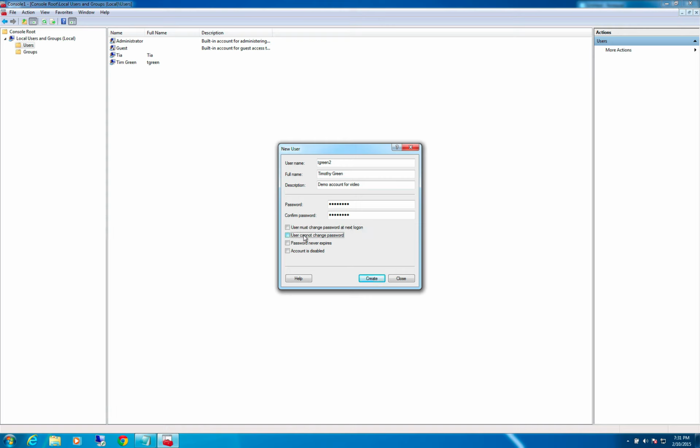So first off is user cannot change password. You might set that up if you have someone who has a tough time remembering their password, and you don't necessarily want them to change it, or you don't want the password to change. You'd set that up there. You also have password never expires. So as you'll find out